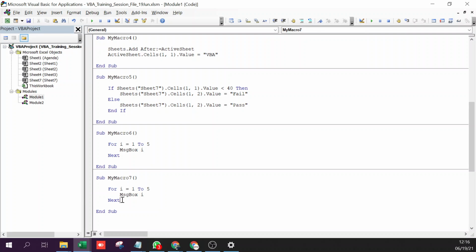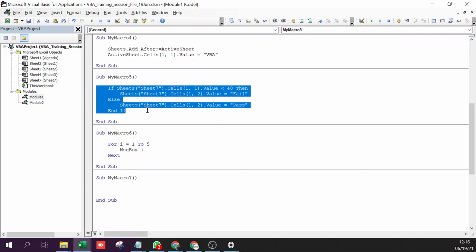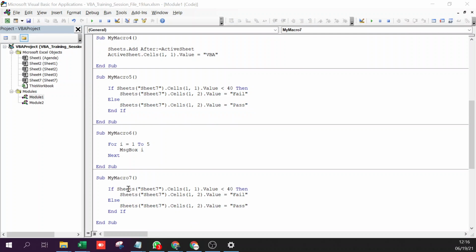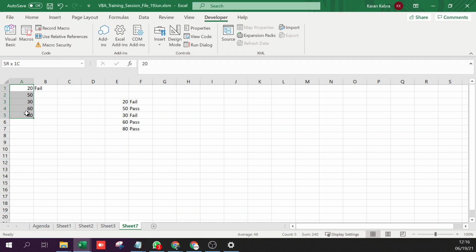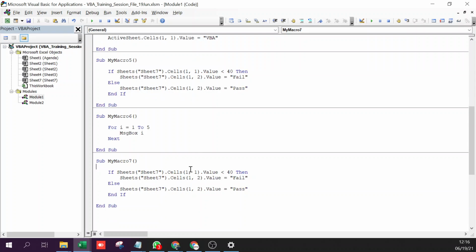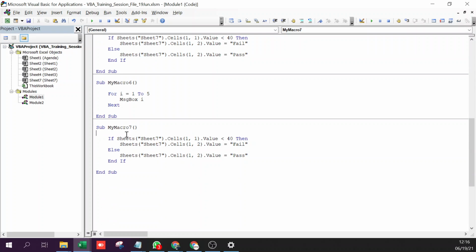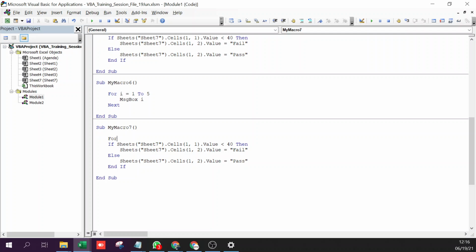So if I have to run this code 5 times, what I will simply do is put this in a loop. For i equals 1 to 5, and at the end I will write next.